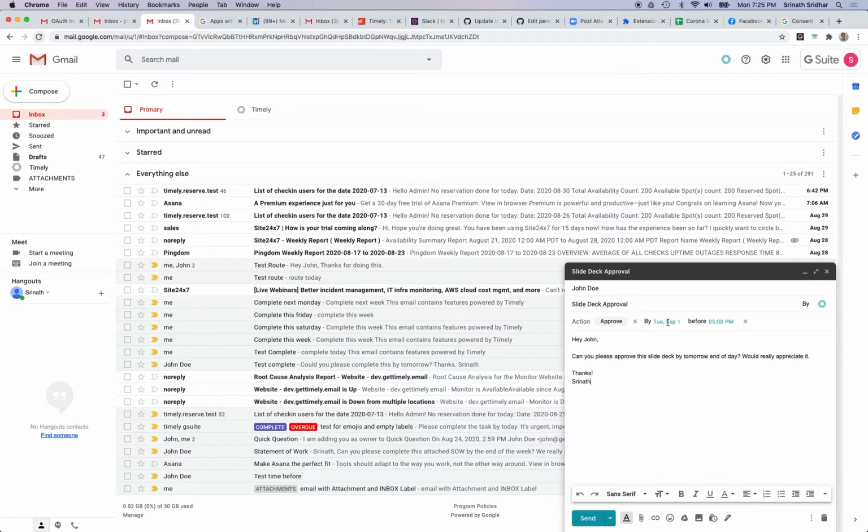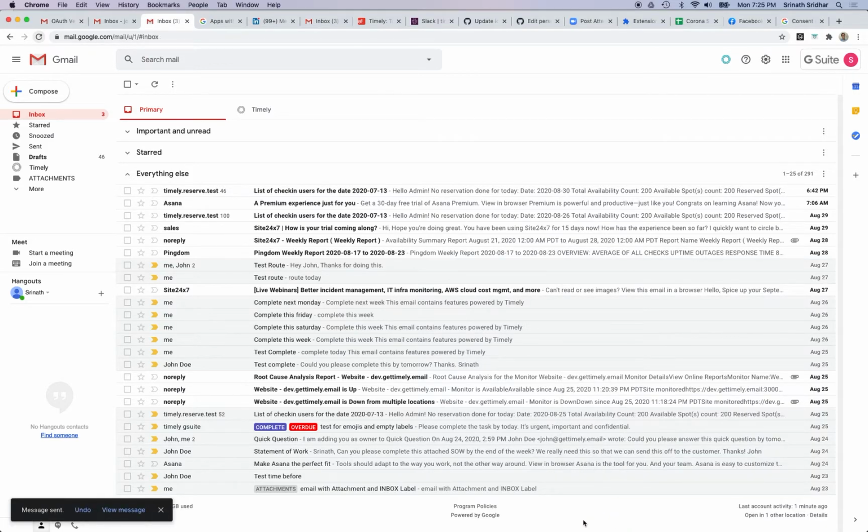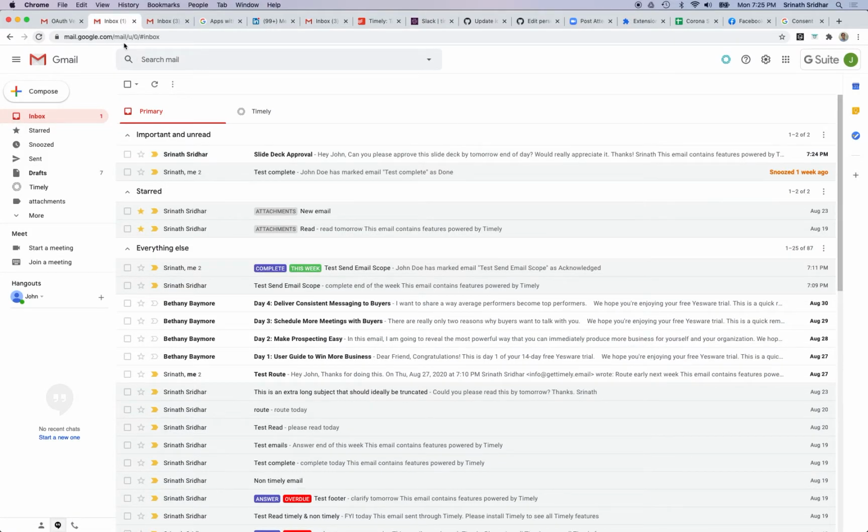So far we do not need any scopes yet, except that when I send this email, I'm going to associate this email with a message ID. And I'm going to read that message ID on the recipient side. That's where we need the gmail.read-only scope. So this email is sent, and it's associated this message ID with those action and due date labels that you saw. But on John's inbox, when I actually pull this email,